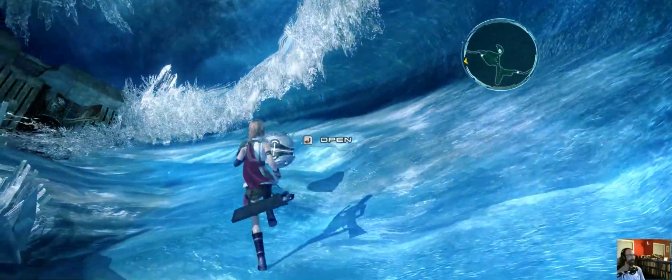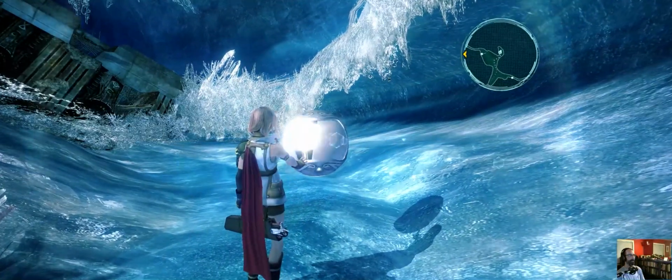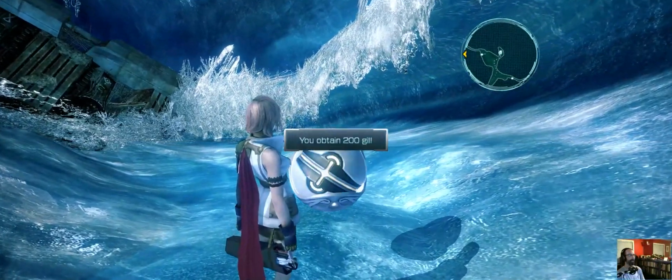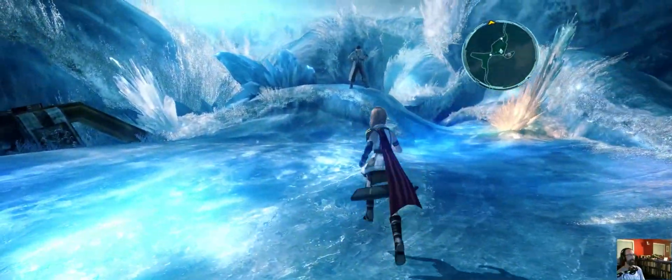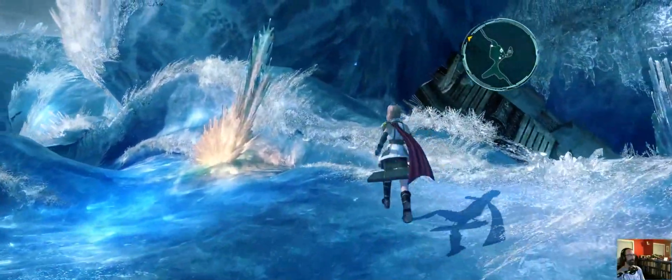Okay, here's a... Aha! I found you. What do we get? 200 gil. All right. I don't quite recall. I think gil is kind of tough to get in this game because the monsters don't drop the gil, so...